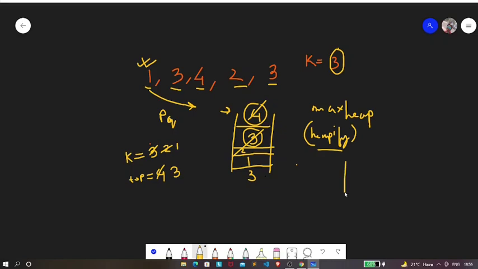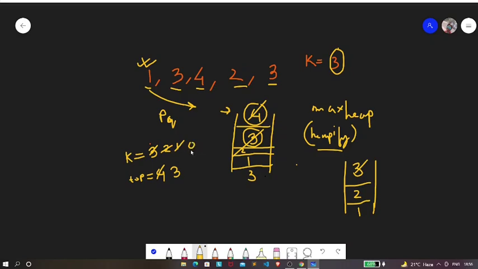Now after deleting 3, the current top will be 3 again, because 3 will be the one which is actually greater than 2 and 1. This 2 and 1 can be anywhere, we don't care about 2 and 1, all we care about is the top. So again we need to update our top. Now our top is already 3, so it doesn't matter. We are just going to pop this 3. So if we pop it, now k will be reduced to 0.